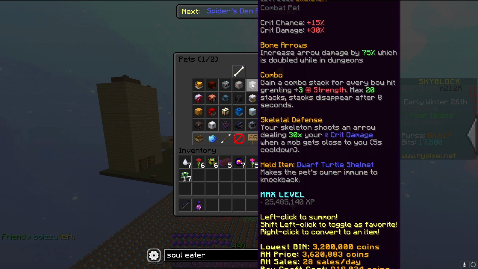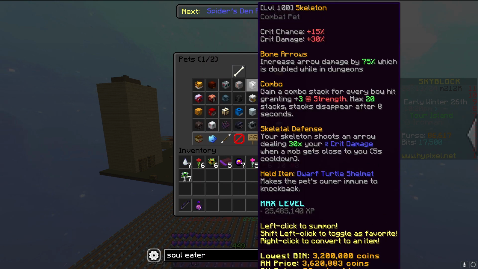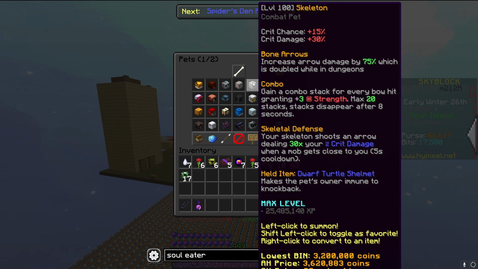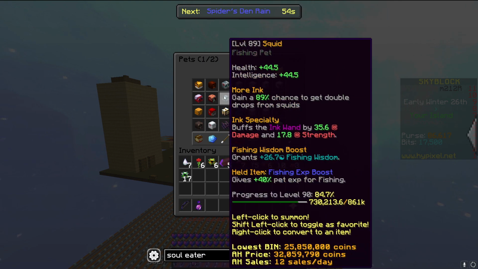Elephant, of course, farming. Skeleton, before I got G-Drag, this was my main damage pet for dungeons, because it's actually not bad. The bone arrows, it helps a lot. The only problem is you don't get any EHP in dungeons, but it's a very helpful dungeons pet if you're looking for something. Other pets that are important, got my wolf, sheep, ammonite being the main fishing pet, legendary squid,